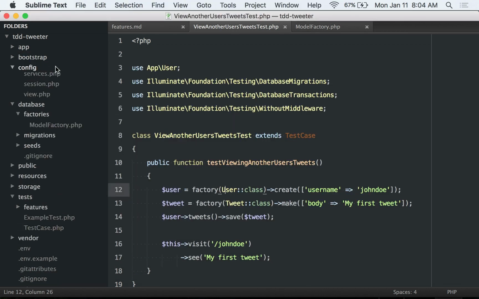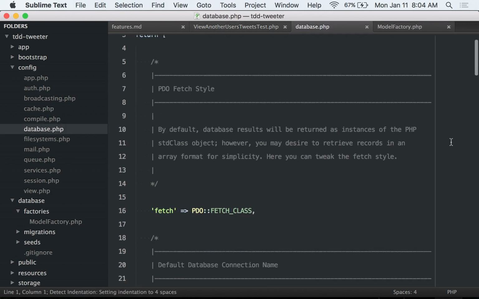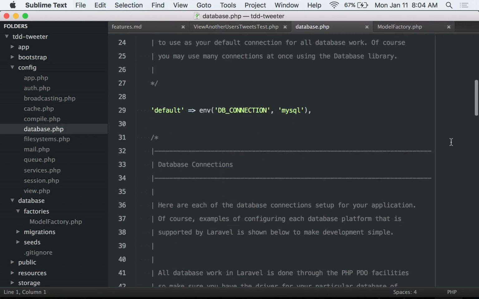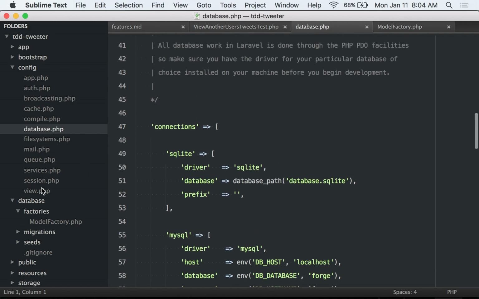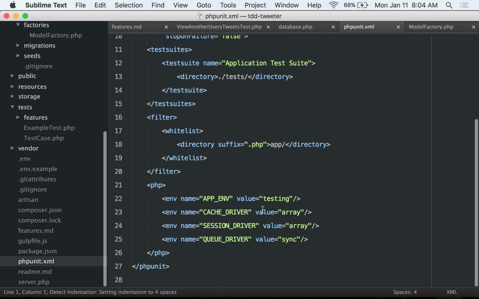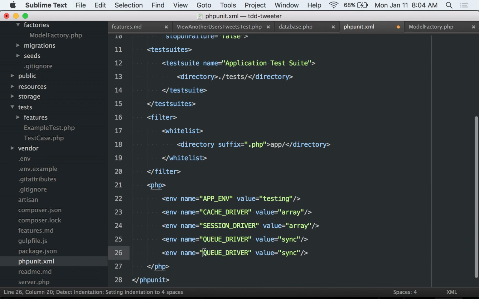So if we go to our config database file, you'll see here by default, it's choosing the connection based on an environment variable or defaulting to MySQL if there is no environment variable specified. What I'd like to use in my tests whenever I can is an in-memory SQLite database because it's nice and fast. So if we go to our PHPUnit configuration, we can add some environment variables to the bottom here telling it to use